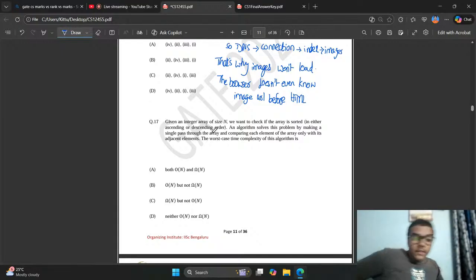An integer array of size n, and we want to check if the array is sorted in either ascending or descending order. An algorithm solves this problem by making a single pass through the array, comparing each element only with its adjacent elements. The worst case complexity of this algorithm is